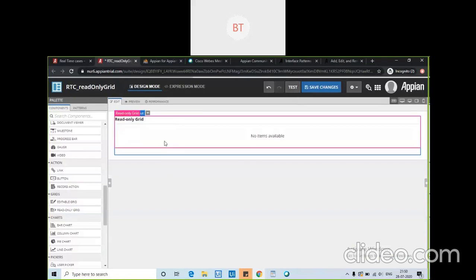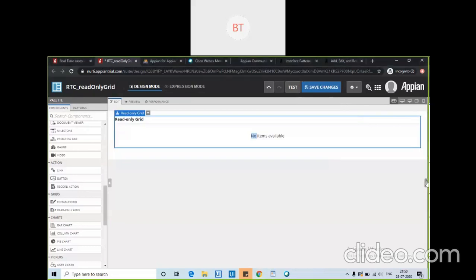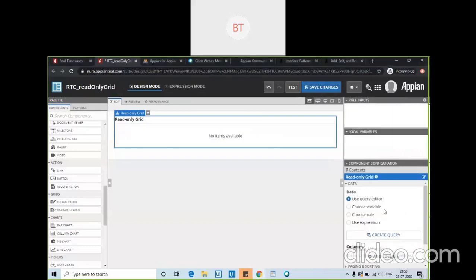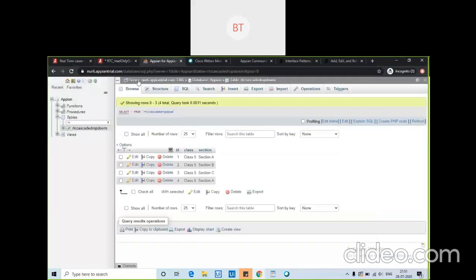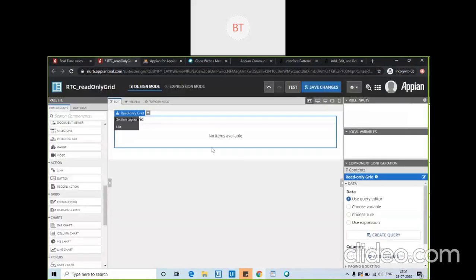So let's see what this read only grid needs to be configured. Okay. So there are four type of options for what will be the source of the data of the read only grid. What we want to show these datas here, right, in this grid, right? So for us it will be the query editor because we want to query the data from the APN MySQL and will be showing here in this grid.